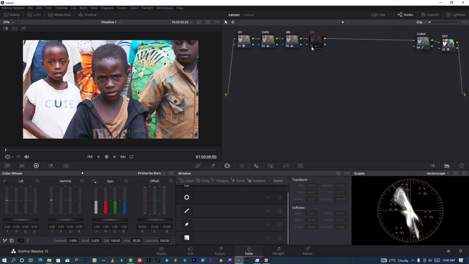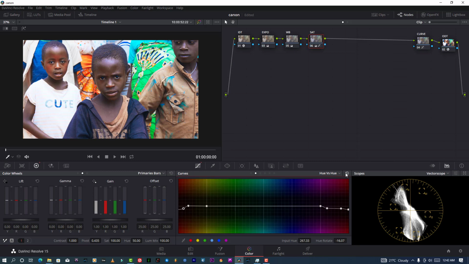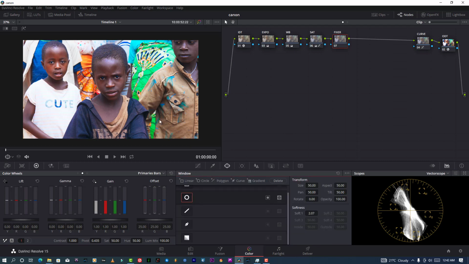let's see before. Oh my god, where am I? I'm in saturation mode. Sorry guys, I didn't have to do that in here. Let's just reprocess it again. Sorry, I never did my second node, which is the fixer node. You have to do it after saturation, not inside of a saturation node. This is how it works. Okay, I'm going to redo it. Sorry guys, I'm going to redo it,